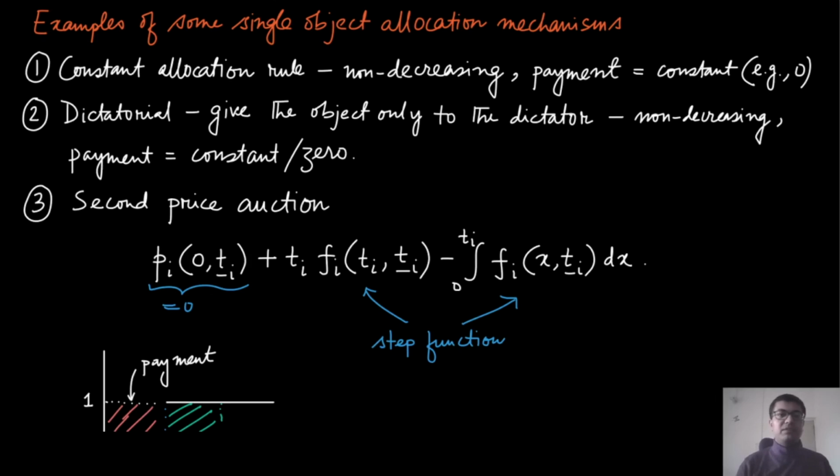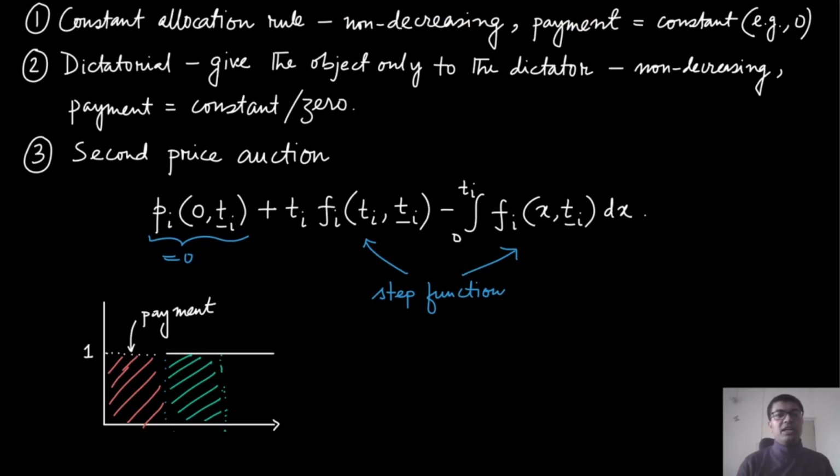Let us now come back to the second price auction. We have actually seen this in the beginning of the previous module, or maybe a few modules before. Now the payment that we have seen from Myerson's characterization result has the following form. Let us suppose that the first term, pi_0 of t_{-i}, is equal to 0. Then all that you have in the rest of the two terms in this expression is f_i(t_i, t_{-i}), and we know that in the second price auction there would be a step function-like